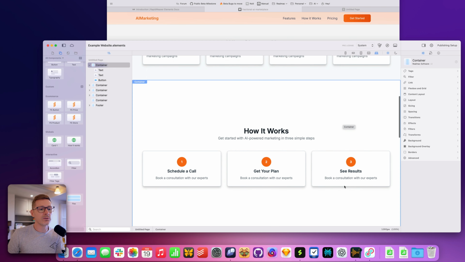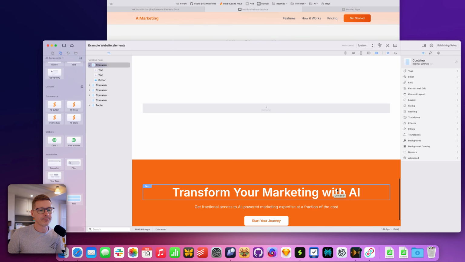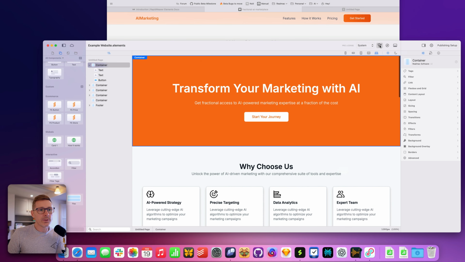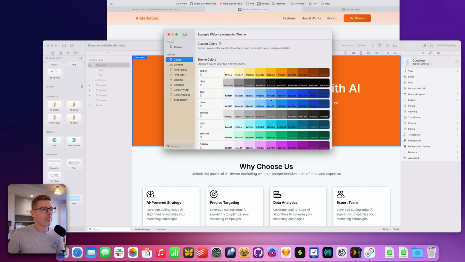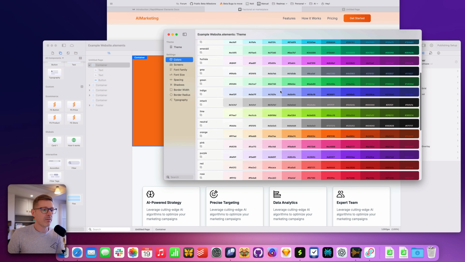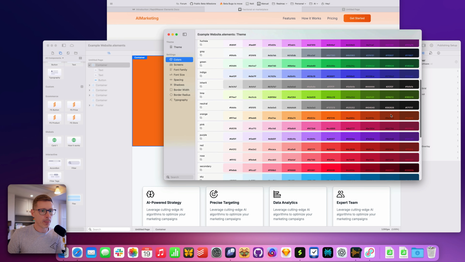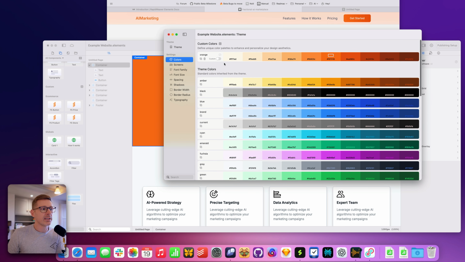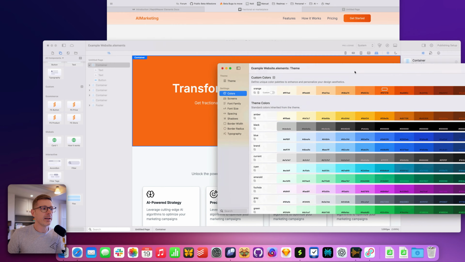Now, because we've used orange throughout this site,